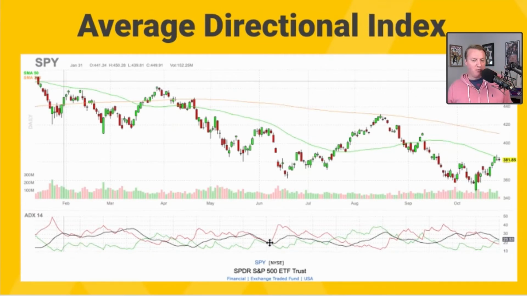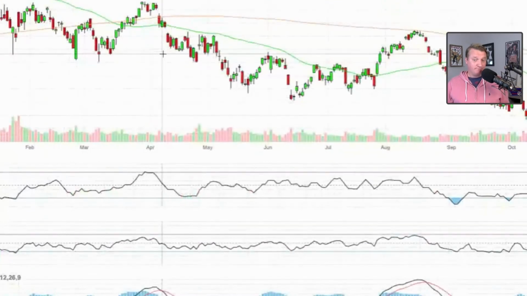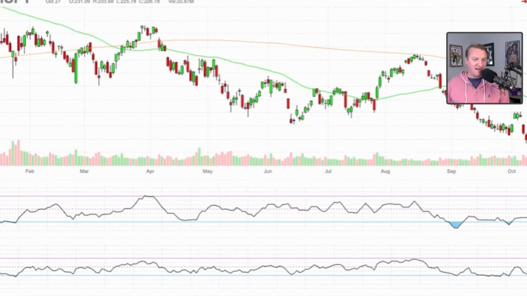Now, some people will look at this and say, well, I'm only going to follow the black line. The problem is that you might miss this sell-off if that's the case, because you are waiting for that trend to pick up. So what you need is to have more indicators help provide you with more insight of overbought and oversold conditions. The ultimate oscillator is another price and directional momentum indicator. So we're going to combine them all, and we're going to look and identify